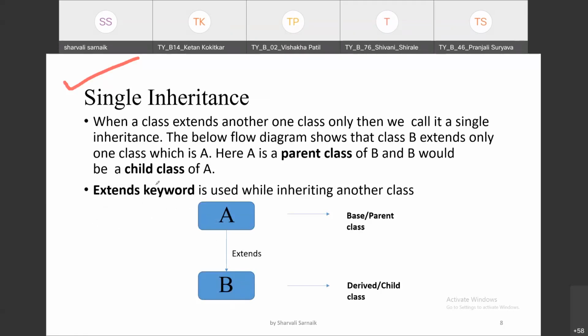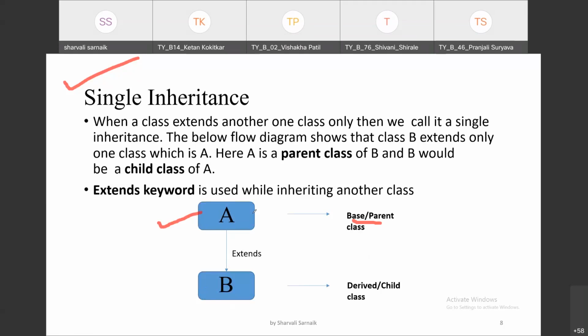When a class extends another one class, only then we call it a single inheritance. Means what? Now see, in the figure, there is one class A. And that class, we call it a base class, parent class, or super class.